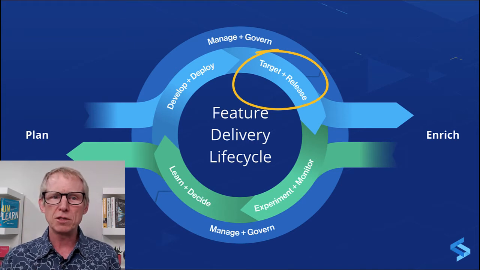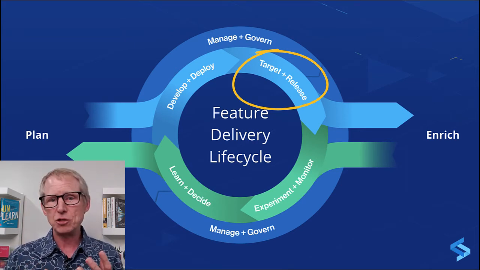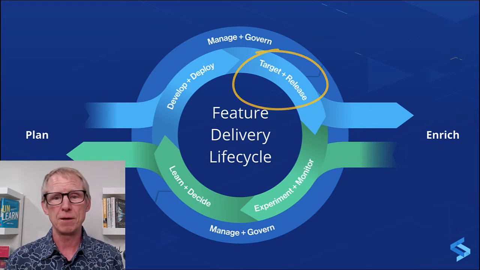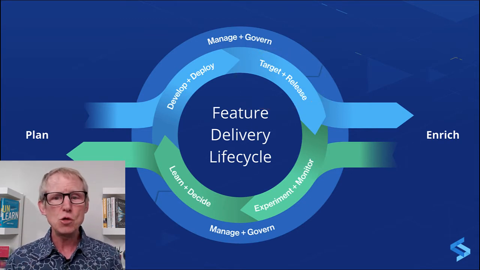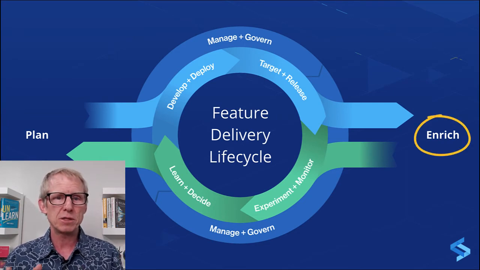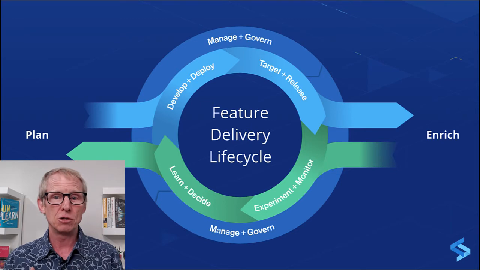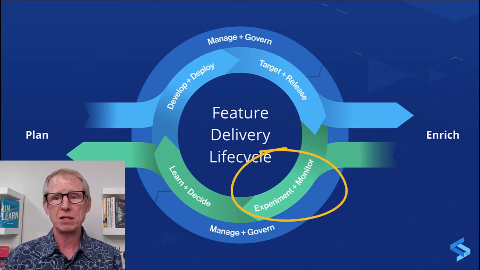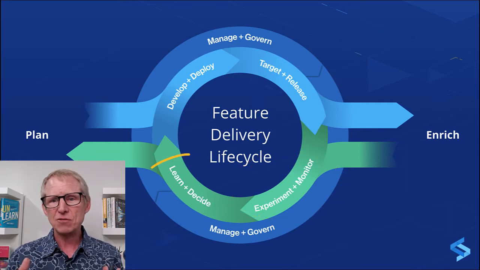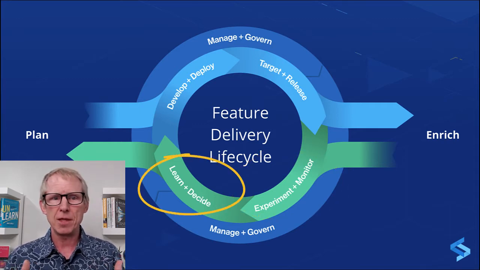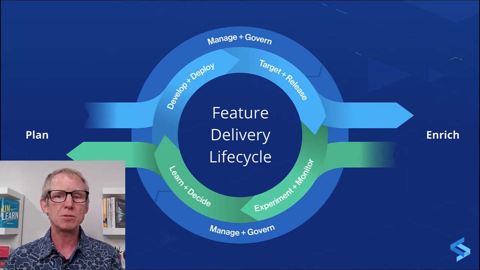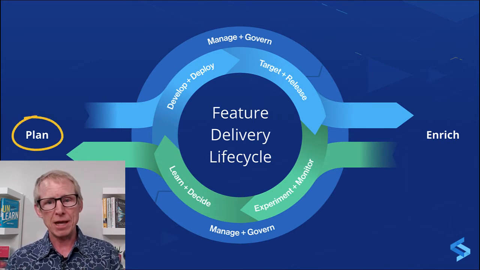This reduces risk and unlocks the ability to detect these issues and gather insights from customers in production before releasing to 100%. To get a holistic view of a feature's impact, teams enrich feature flag data with existing performance and behavioral data. That in turn unlocks the ability to monitor the impact of individual features and conduct experiments. The last phase of the lifecycle is learning and deciding. With the data from feature monitoring and experimentation, dev teams have the insight they need to plan and start the